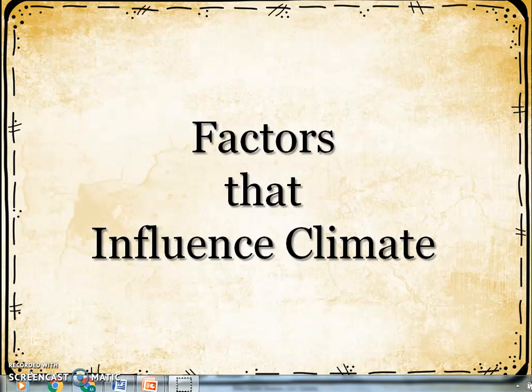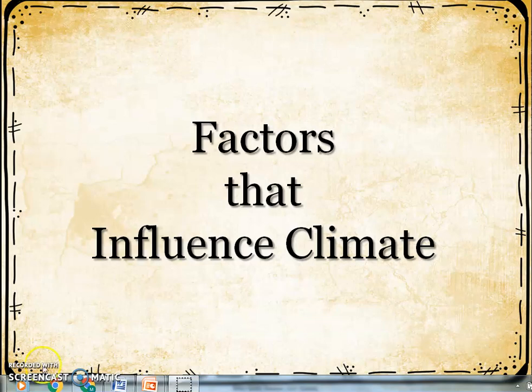Now, those two factors do influence the type of climate that we have. Those things will be determined by factors such as how near a particular region is to a large body of water. Mountains will affect the climate. Other sources, cold air masses, warm air masses, those sorts of things will also affect climate. But within climates, we also see what are called microclimates.